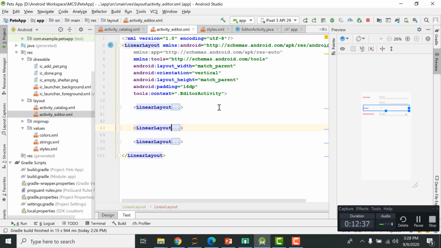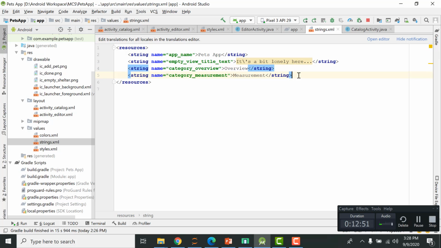We move on, and now I would like to define all the text that we are going to use in this app. So let me go to the string.xml file. Here let me define those text. I know that there are a lot of text. So string name, the first one is, it should be meaningful, action insert underscore dummy underscore data. So this is for inserting the dummy pets data. So insert dummy data,